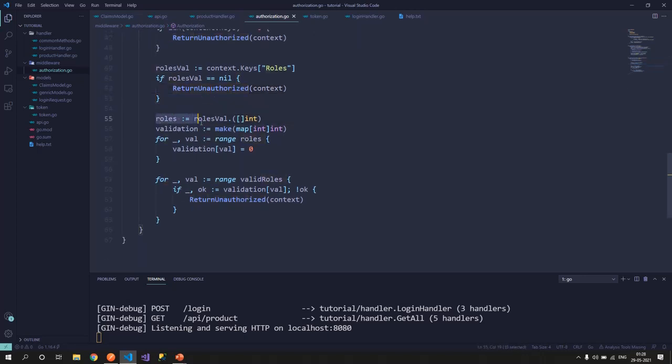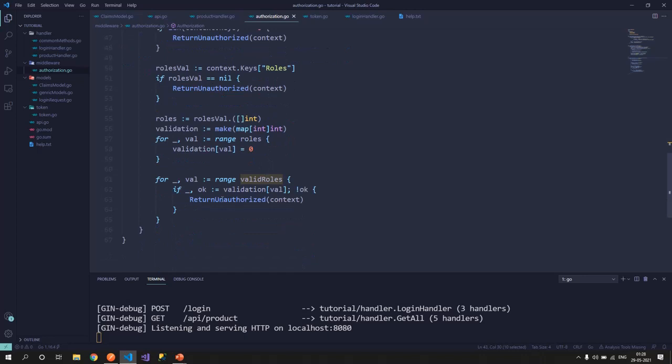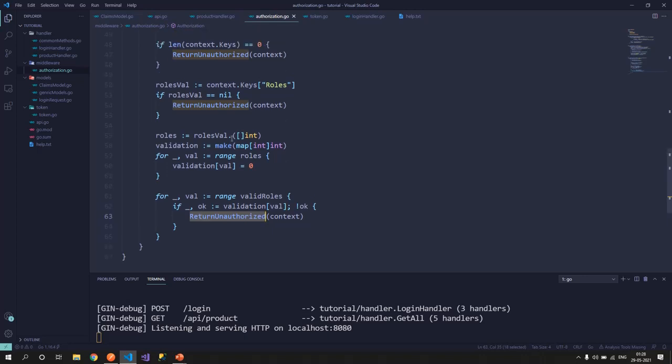Then I'll apply the method to map that all the roles that the user has are present in the valid roles. So if valid has 2 roles and the user has only 1 role that is not matching, then definitely I'll send in unauthorized. So this is the middleware that we have created.